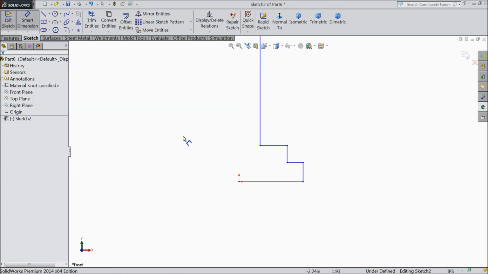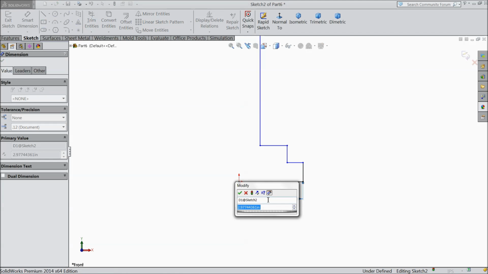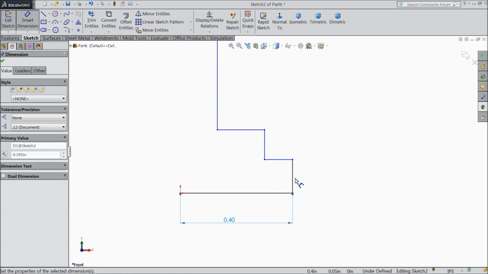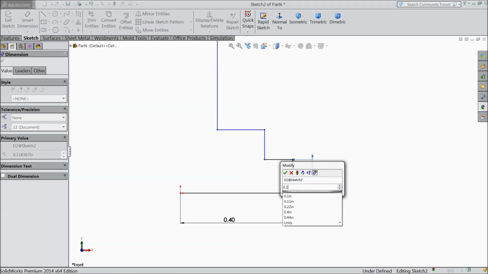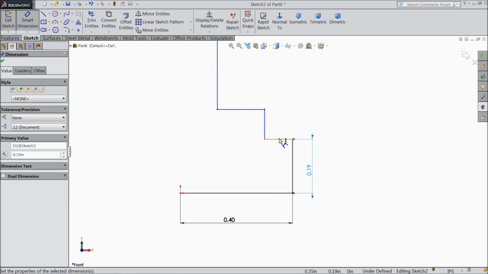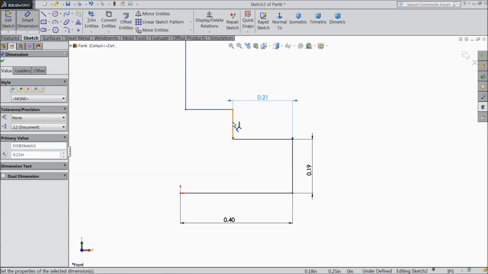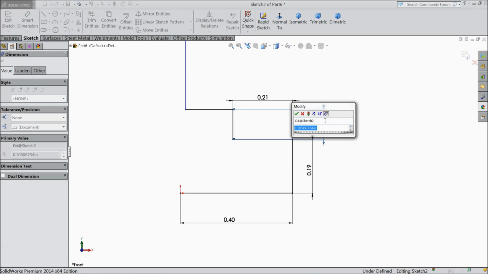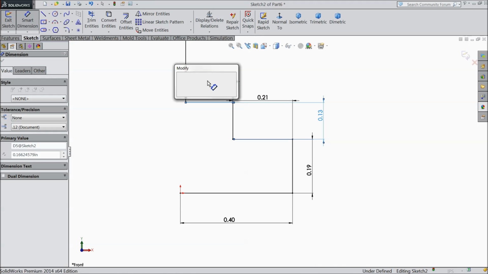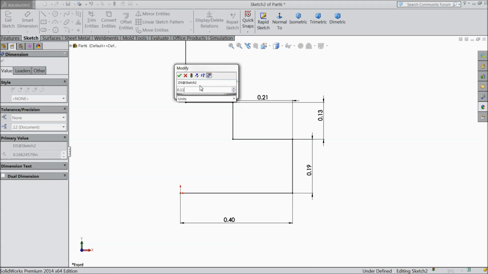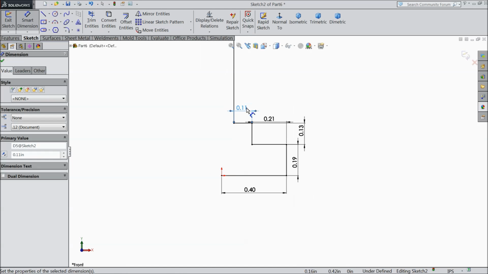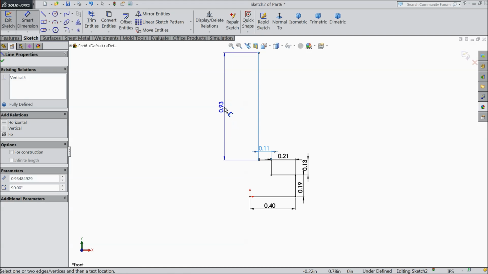Now let's assign the dimension .395 inch, 0.19 inch, 21 inch, and this height 13 inch, 0.11 inch, and select this length